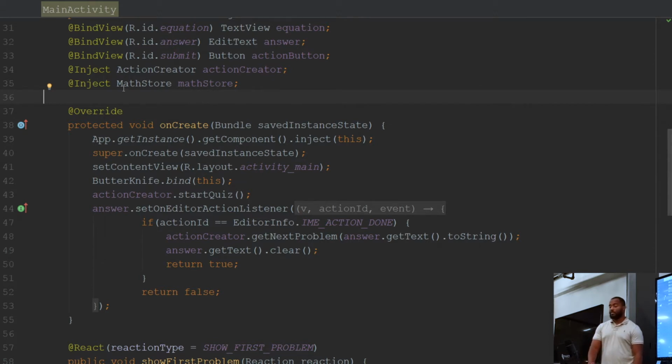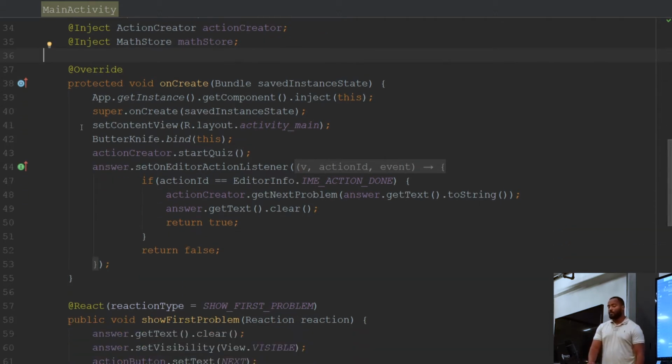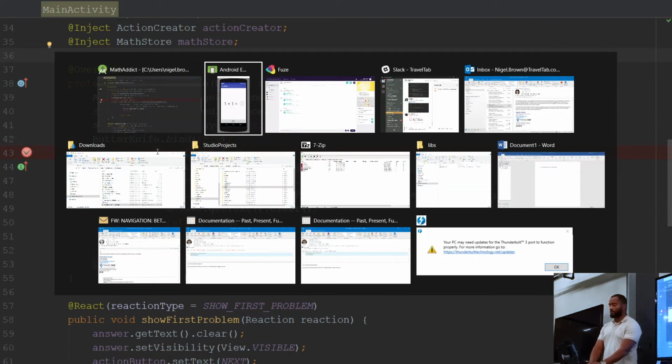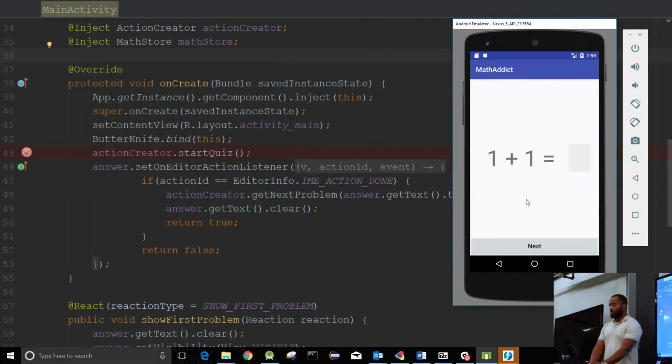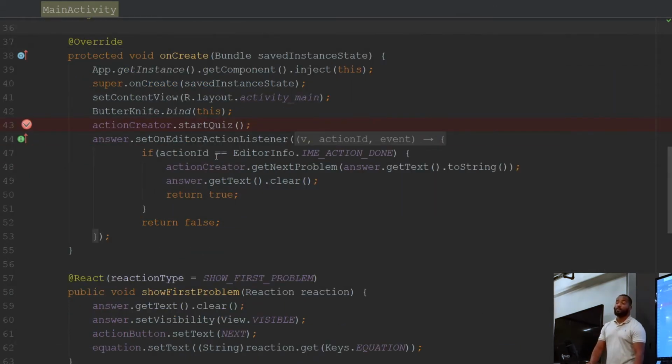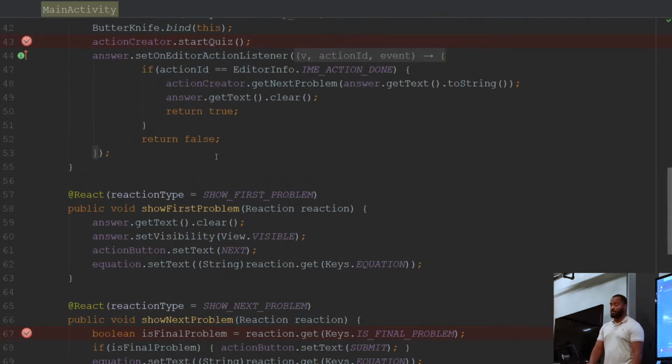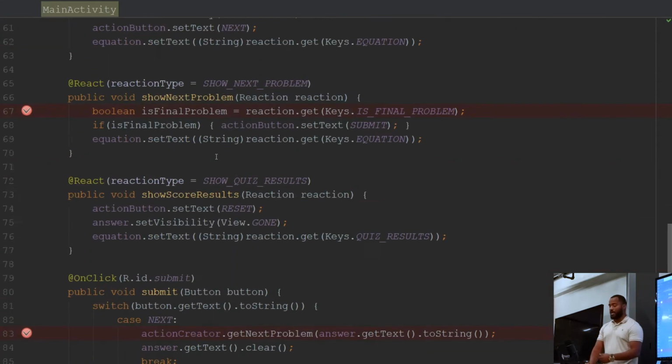So here, like I said, I just use dependency injection. The very first thing that I do here is I go ahead and call my action creator start quiz. And that flow will go ahead and simply start my application. It'll show me the first problem as Ben showed you. All right. Now, what happens after that, though,